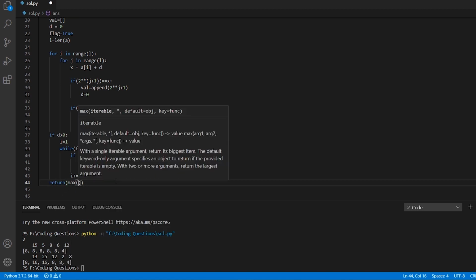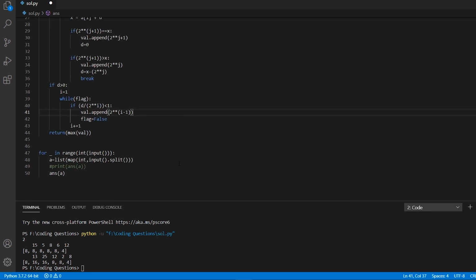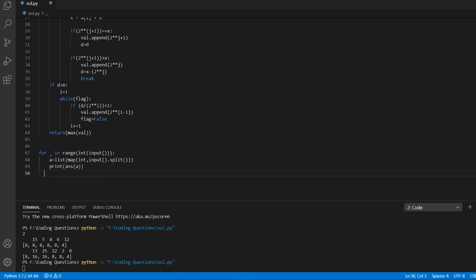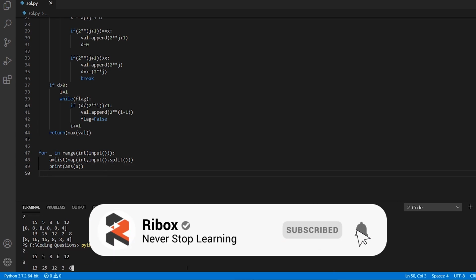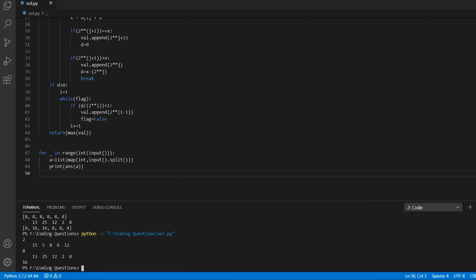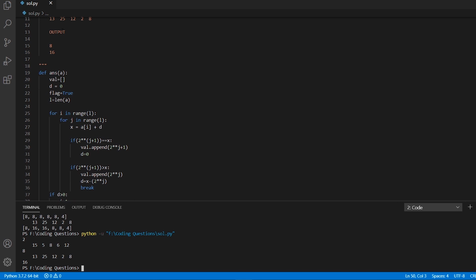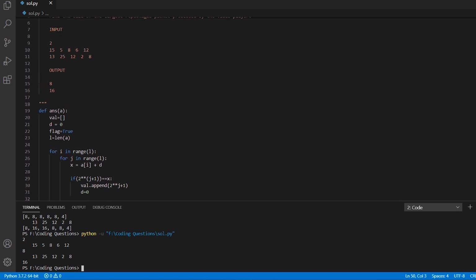So return max(val) will be the line of code which I would write, and I will erase this line here and simply call the line number 49, and let's run and test it again. So as you can see, the output here is 8 and 16, which is equal to the values which we have in our sample input and output.